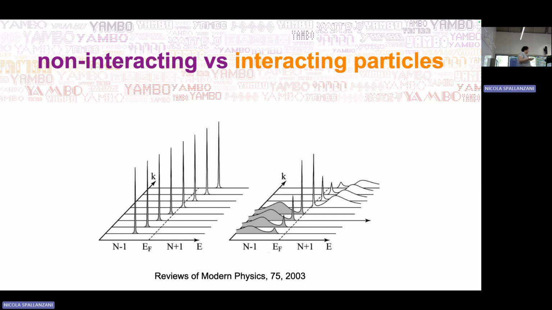If we look at the spectral function for an interacting, many-body system, we have a completely different thing. So these delta peaks now are broader, and they are not the only structures that we can see in the spectral function. We can see that they get broader when we get away from the Fermi energy,